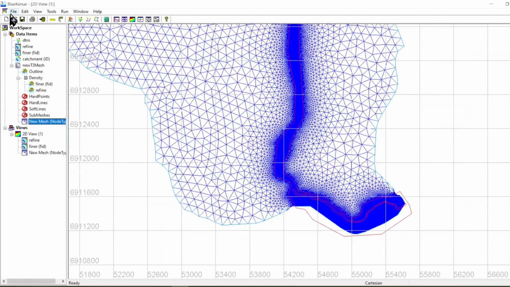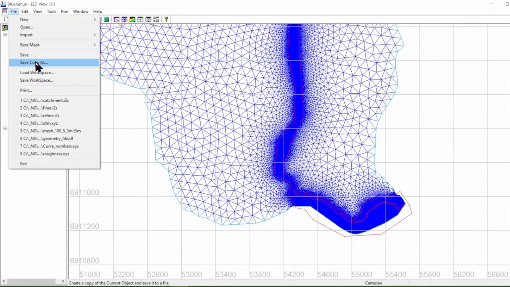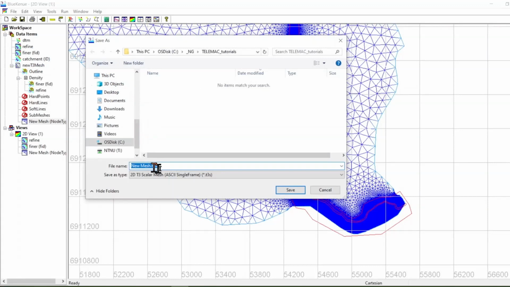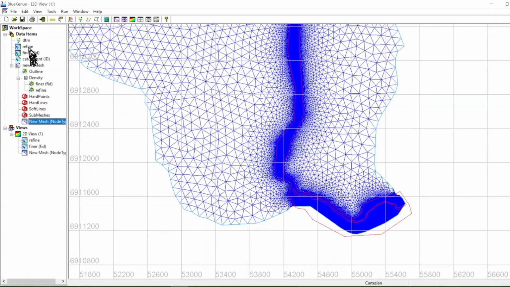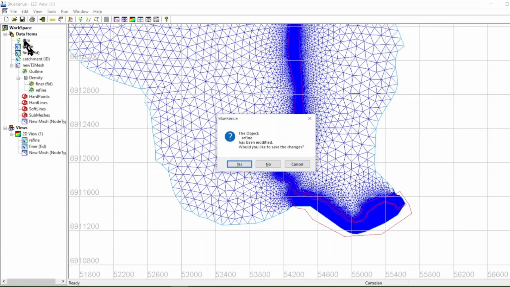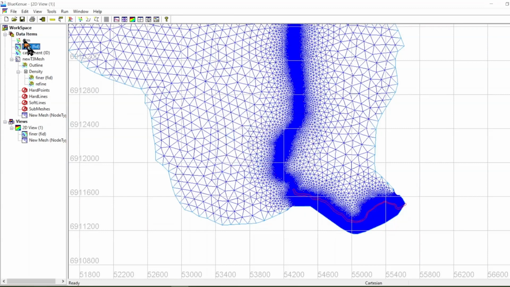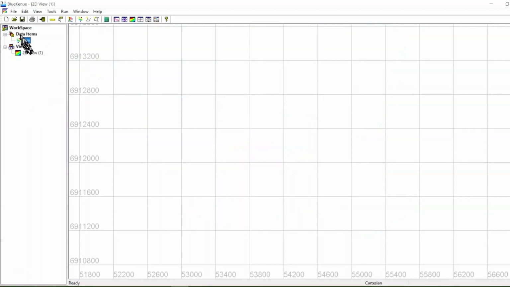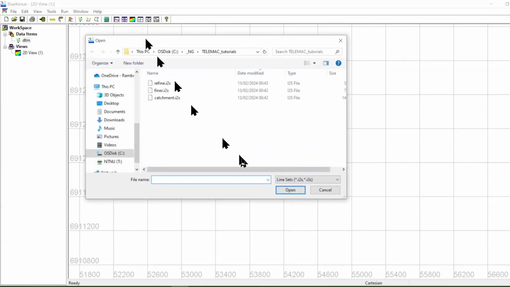You click on it, file, save, copy as, and it is always saved in. These are the resolutions which I used, saving it in this way, but you can save as you want. Save, and now I don't need anything else. I can remove everything from here. I don't want to save them because I have everything. I have the mesh, which I open again. Open, and our